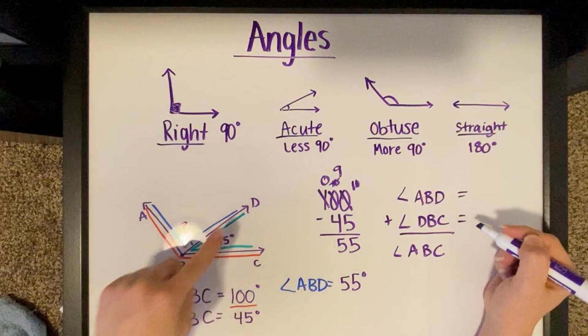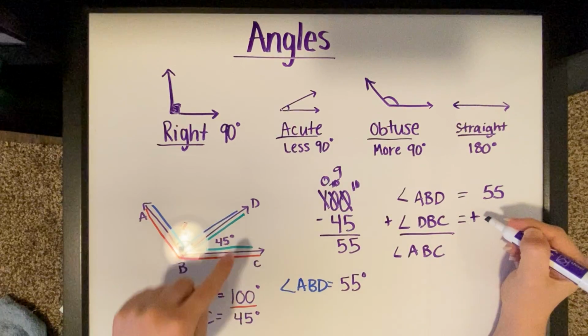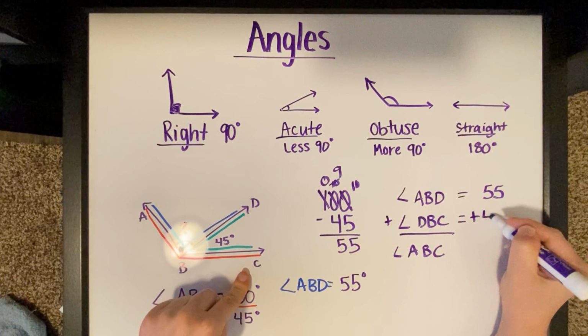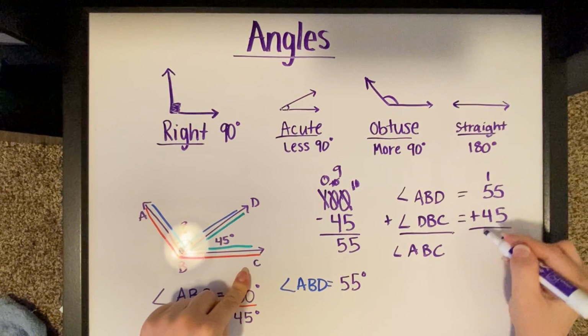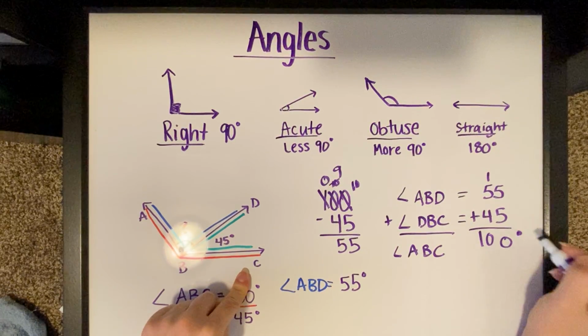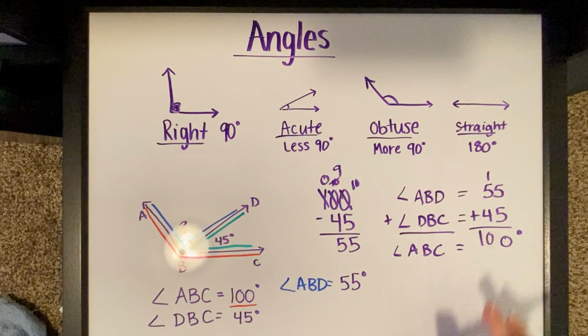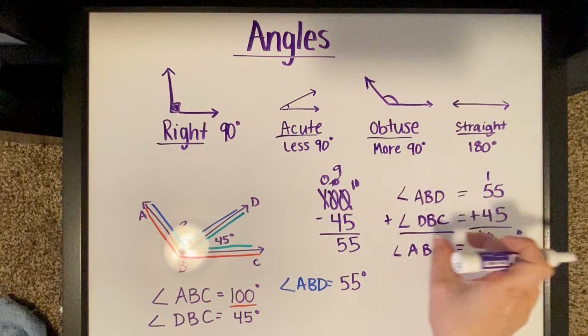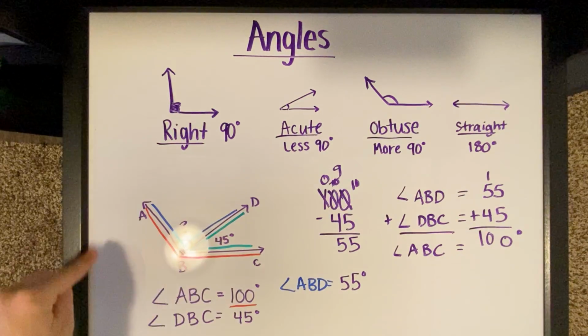I know that ABD is 55 degrees, and I know that DBC is 45 degrees. When I add those together, I get 100 degrees, which is what angle ABC is. So if I took those angles and substituted them for their measurements, I can figure out the total